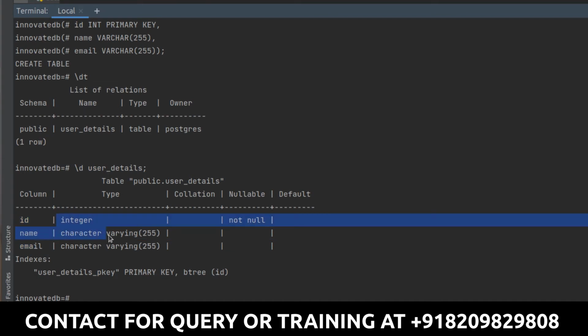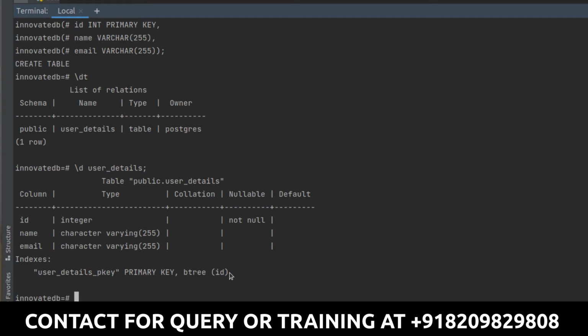This is the type of your data, and this is the nullable column. This is not null, this cannot be null. This is like you must have some data inside that, right? And also in here, user detail p key, like primary key, b tree, id. So that means id will be a primary key, so that is why it is specifying it over here. So this is the way I have described the table.